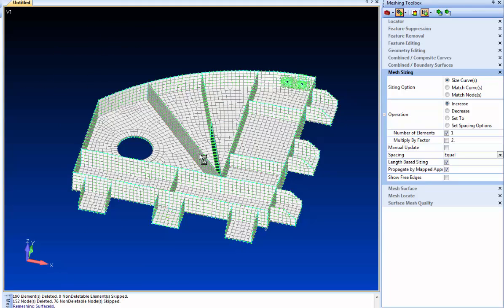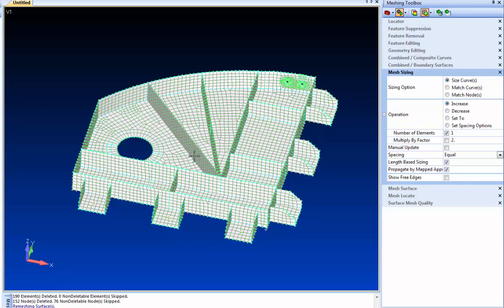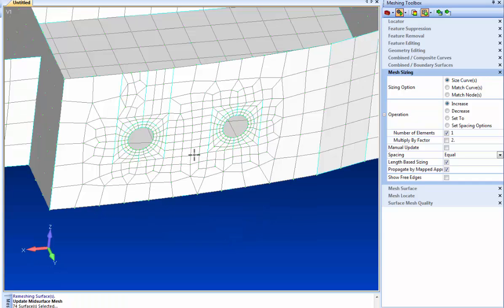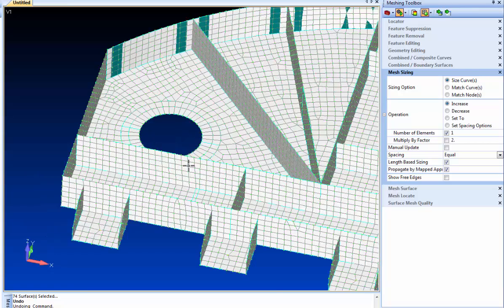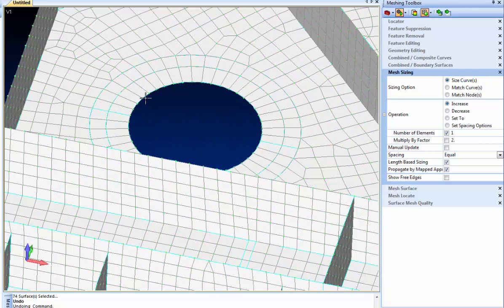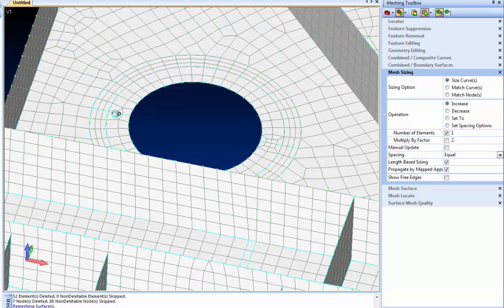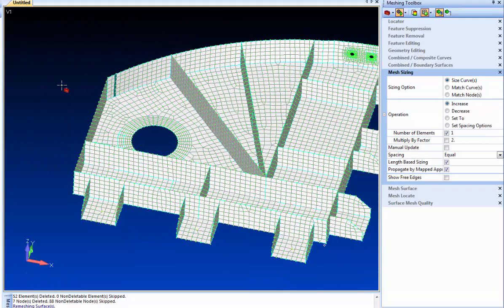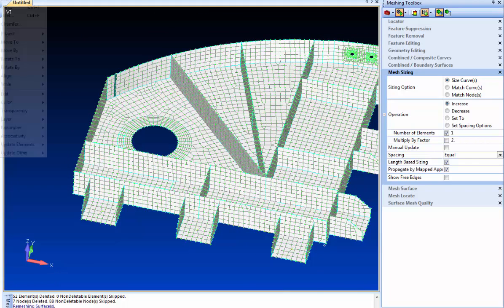Now, if I really wanted to control it even more, let me go back with a redo. We do have 99 levels of undo. So if I really want to control it more, we could use our meshing toolbox here, and I could juice up the mesh sizing around this hole. And let's just say I'm going to go even one more. Same thing on the outer ring. So now the mapped mesh is, well, let's keep going. We'll give even more resolution. This will be fun. So now we got that hole kind of juiced up, and you'll see when we do the update now,